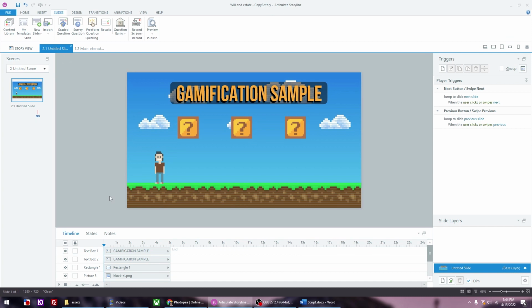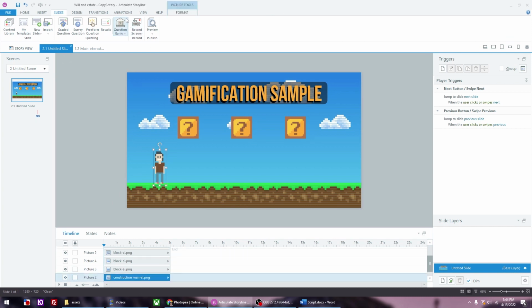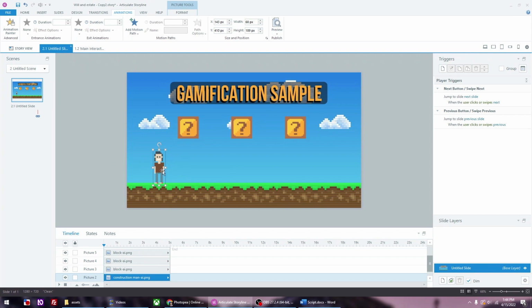Now what we want to do is create our motion paths so that when you press the right arrow or the left arrow or the jump button or the space bar, it moves. Right now it doesn't move. I can move it right now, but it's not going to move when I preview. We want to add the motion paths. The way you do that is you click on your character and go to animations,